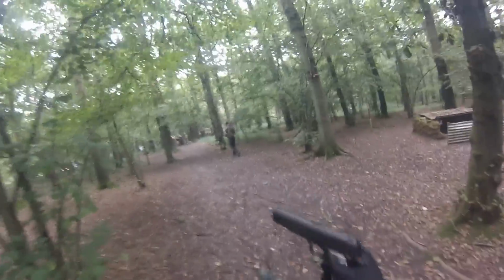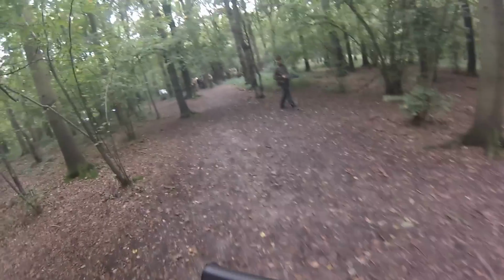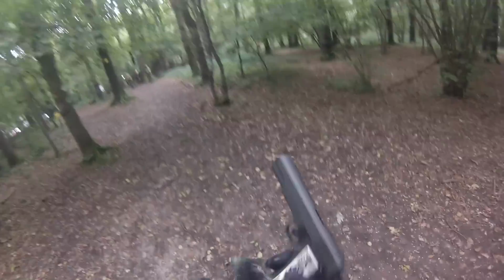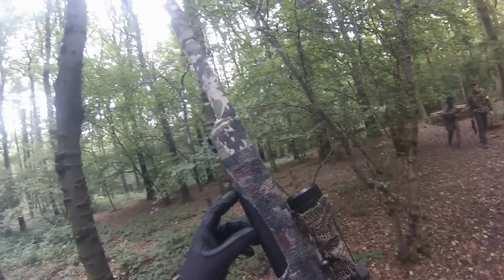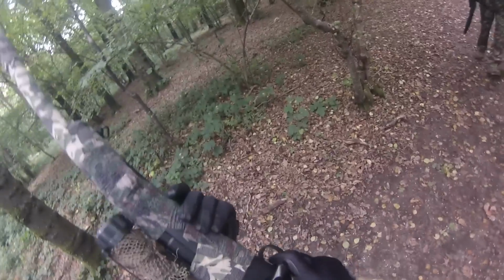Make your weapons safe and head towards the safe zone below for a cup of tea. They didn't know the pistol was empty. I had to use my grenade and my smoke in the end. The grenade didn't quite roll into that bunker as I'd like to have done. Damn it. I was a bit nasty. I'll just sit here. And they all just started shooting. Make sure they're